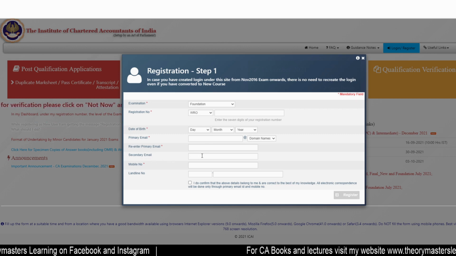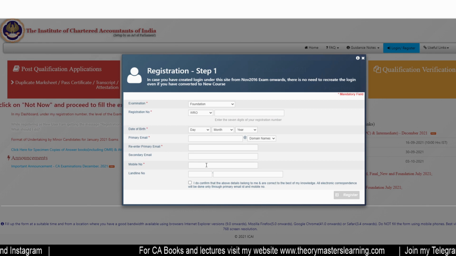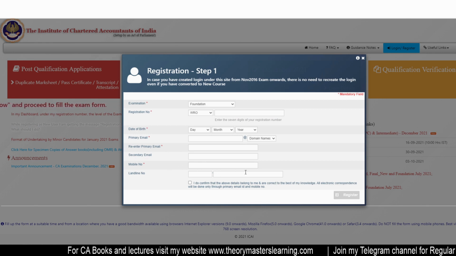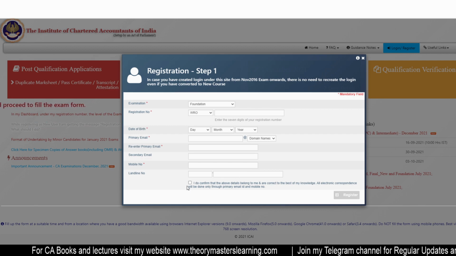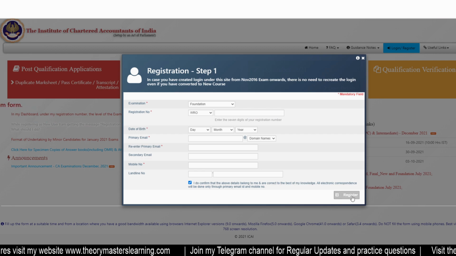Secondary email ID, this field is optional. Mobile number, this is the primary mobile number with which you had registered at the time of registering for CA course. Landline number is optional.